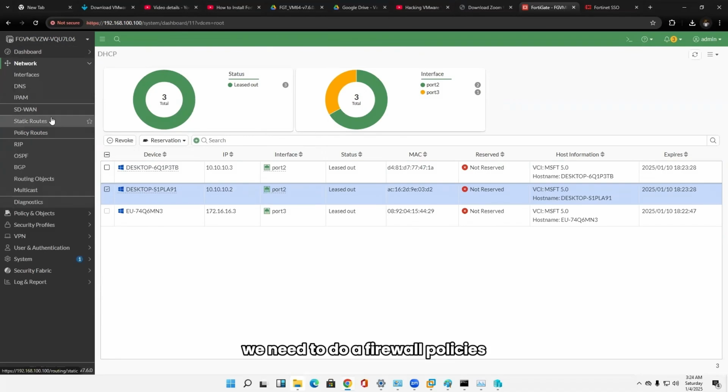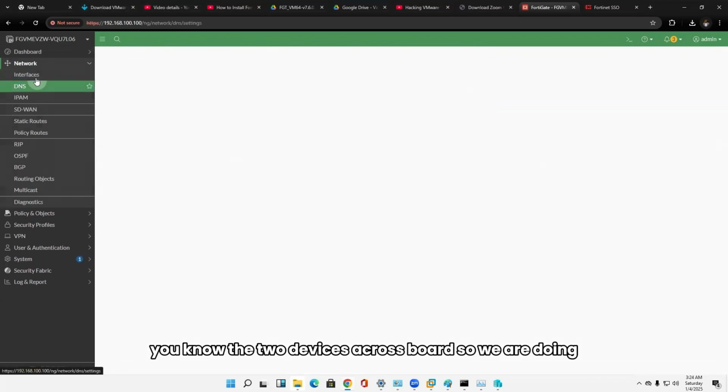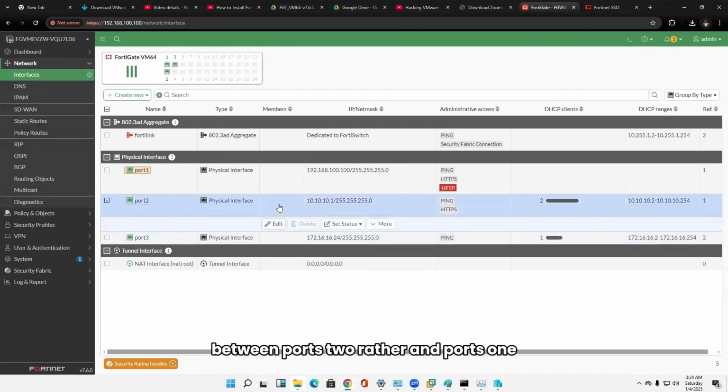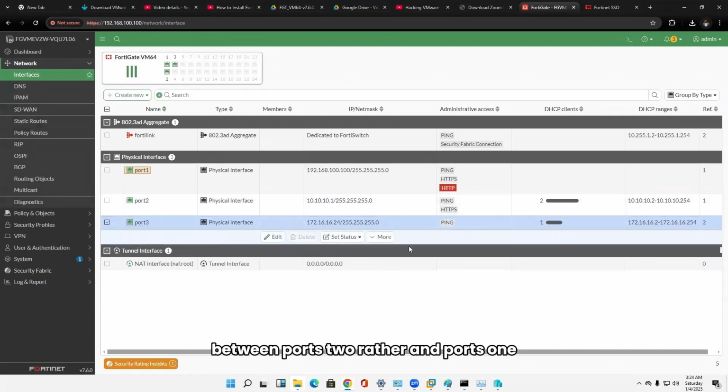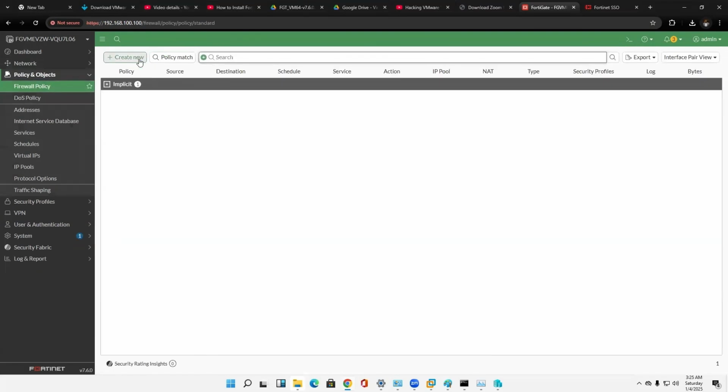Then we need to do firewall policies so that the two devices can communicate across. We are doing between port 2 rather and port 1. We want to create a form of policies for them to be able to interact. Then coming to firewall policies, create